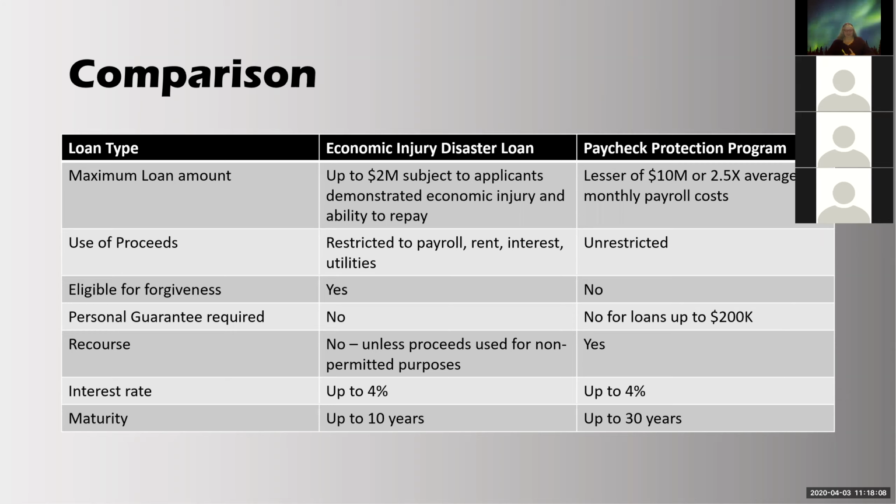Sorry. Cindy, I think the title is reversed. I think the whole column with economic should be paycheck and the other one should be economic. The left column, I think the title is reversed on top. You're right. The title on the top is reversed. I don't know how I did that. The title is reversed, and the maximum loans is reversed. So Jared is going to fix that, and then when we send out the slides for you, that'll be fixed. Okay.